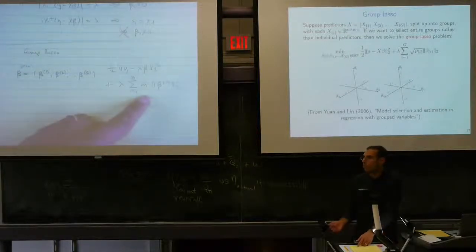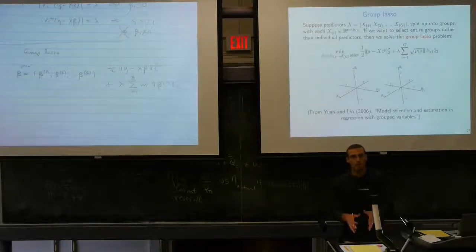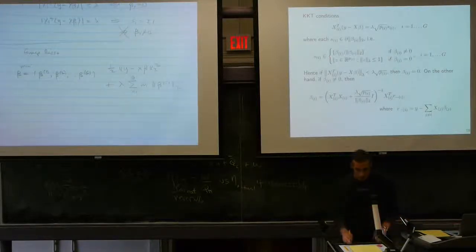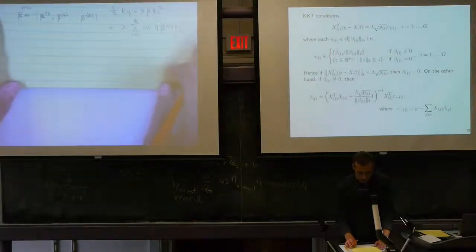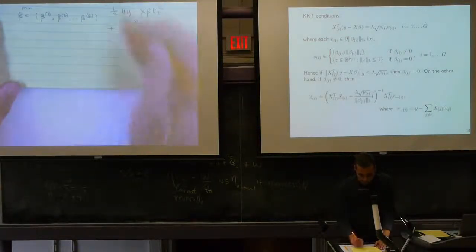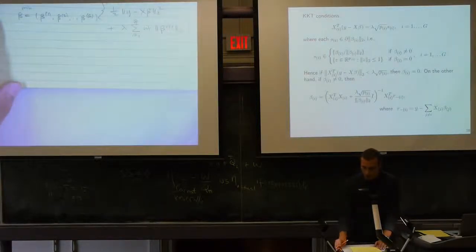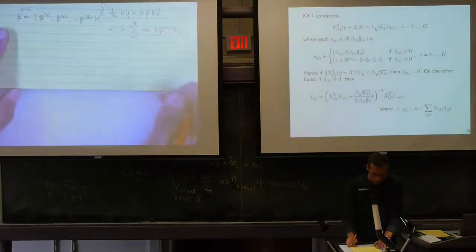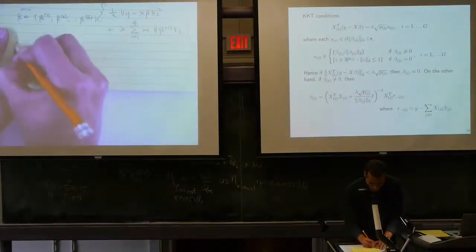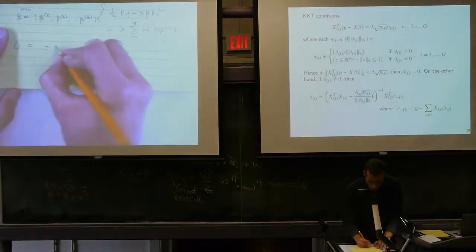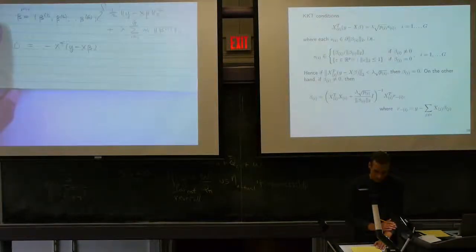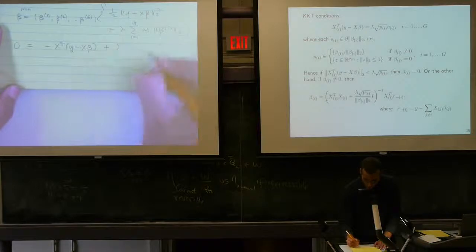as to, or some verification that at least we have this property that some groups are entirely 0 at the solution, other groups are not. Okay, so it's really a very similar calculation to the lasso case. There's no constraint, so all I'm doing is taking a subgradient of my criterion and setting it equal to 0. So the first part is just the same as before. So I have 0 equals minus X transpose (y minus X beta). And then I have plus lambda times, now